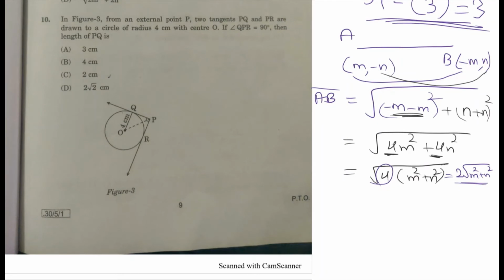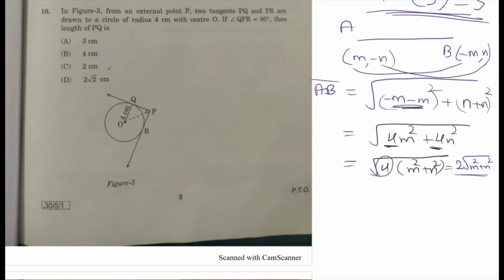Next, the 10th one. In the figure, from an external point P, two tangents PQ and PR are drawn to a circle of radius 4 with center O. If angle QPR equals 90, then the length of PQ is. This is OP, this is Q here. At Q we have the right angle because PQ is a tangent and OQ is a radius. So OQ is the radius of the circle,